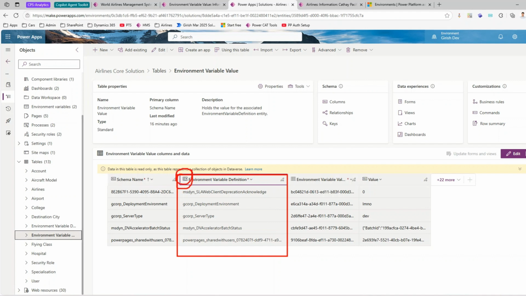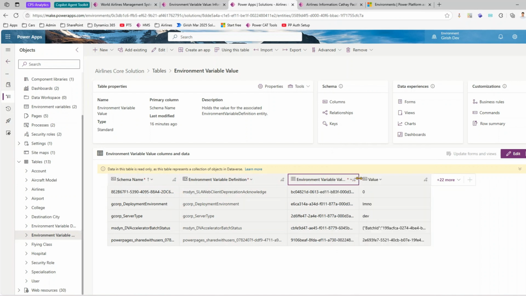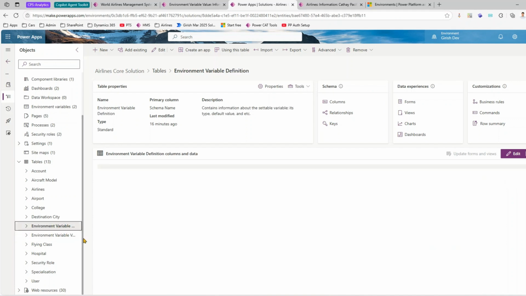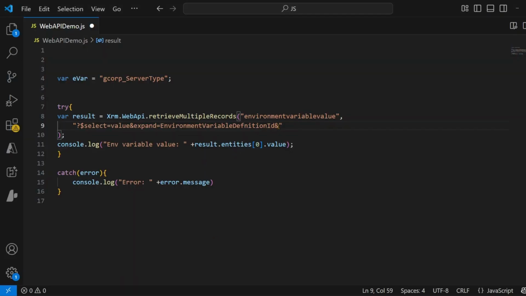As you see this type has multiple types, so we are expanding this, and then from here, let me just show you here, environment variable definition and environment variable definition value. So this is that value. So we are expanding this, and then we go over here and we will say I want to extract the schema name out of it. Now if you don't know the syntax, I'll help you in writing the syntax. Environment variable definition ID